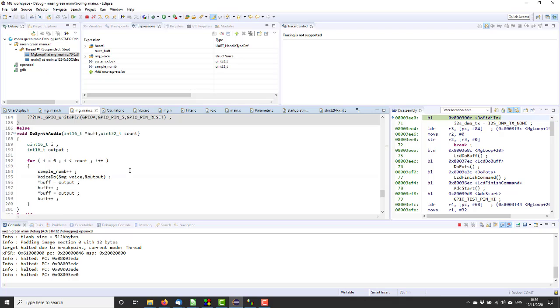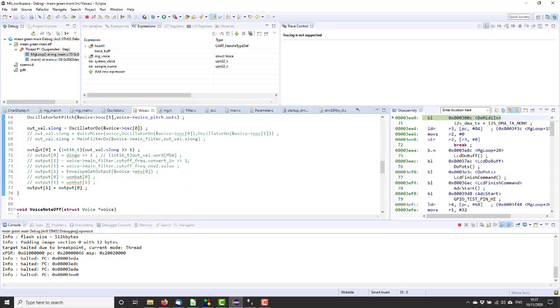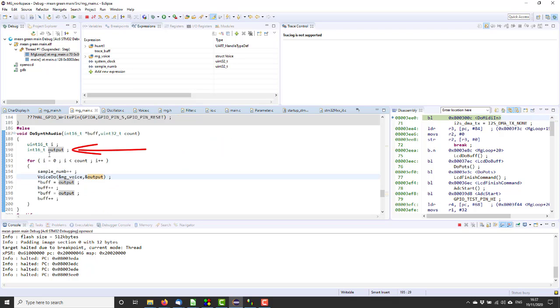This little howler. With the voice function, you pass a pointer to a buffer, but it expects that buffer to be 2 words long for stereo, because eventually the voice will have a panner on the end. However, here I have only passed it a 1-word buffer, so it's writing one of the words outside the local storage for this function, and as a result upsetting the stack, which generally causes all sorts of